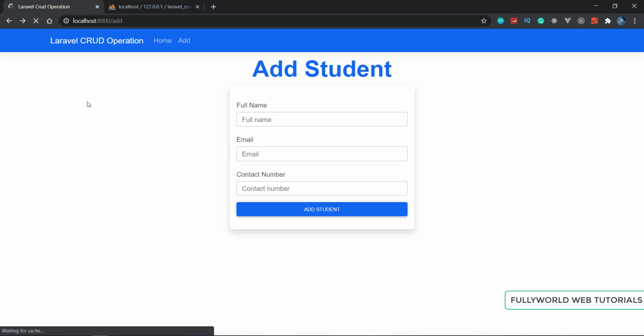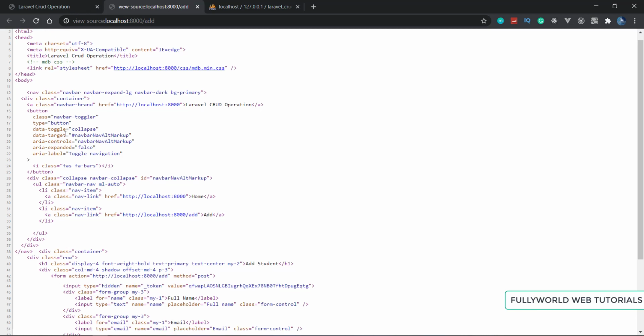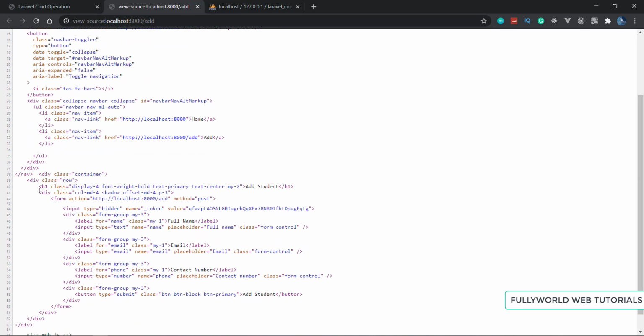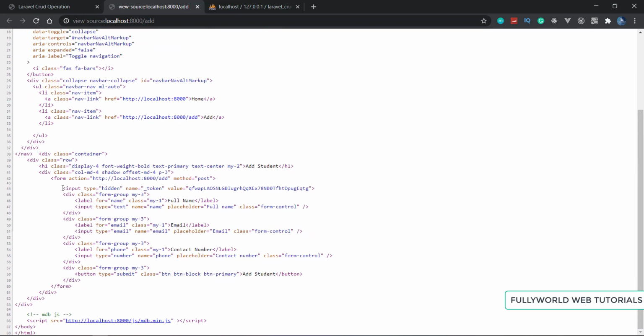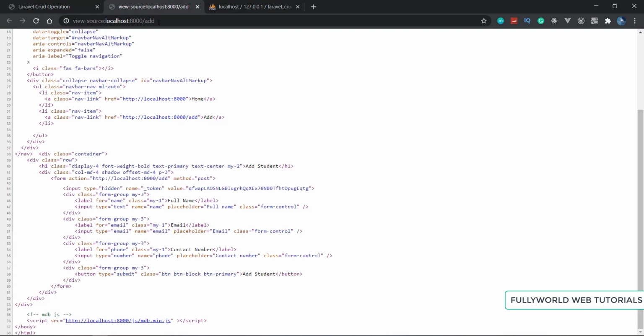So when I refresh this and go to view source, see that one more field is there. That is an input of type hidden, and name equals _token, and this is our token value. When you refresh your page, the token will automatically change.